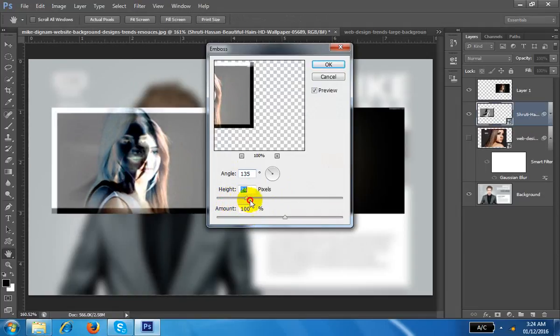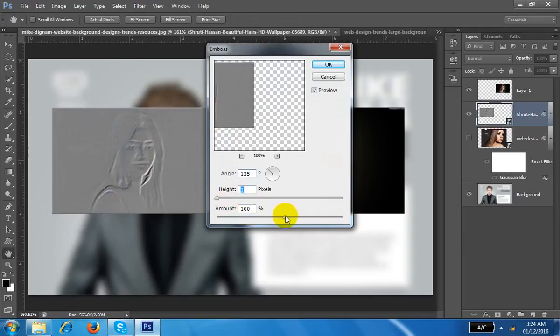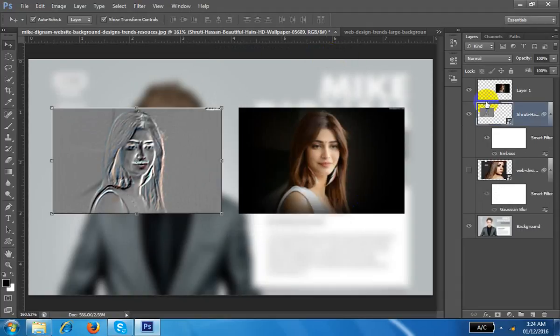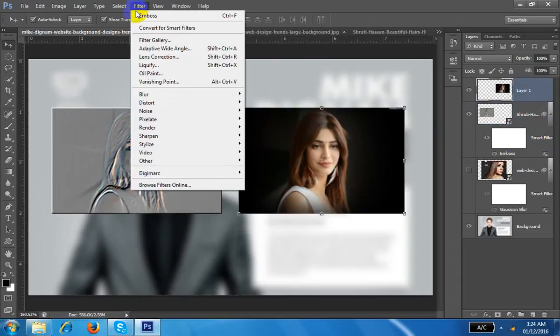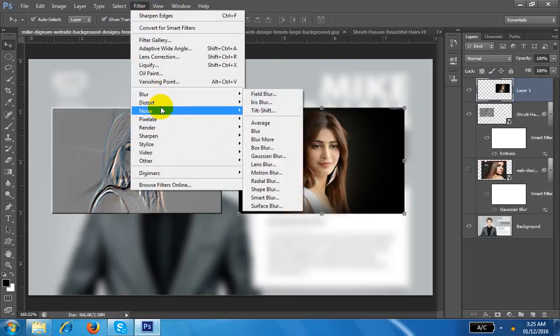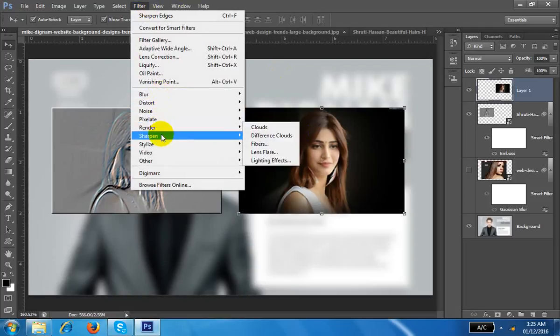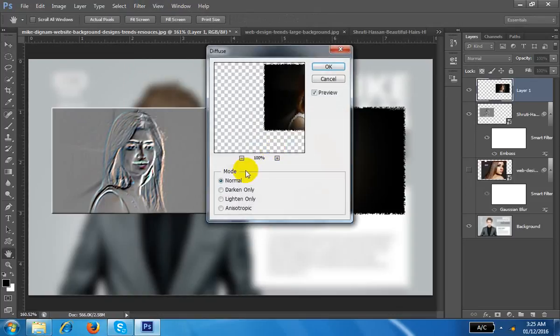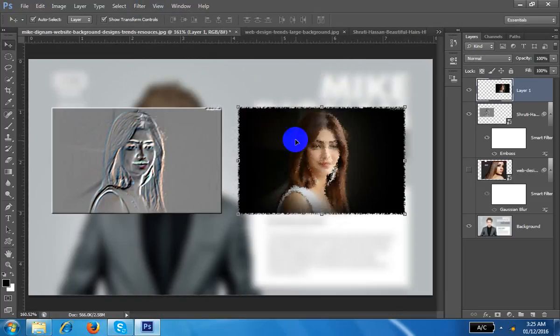Some paintings of this type are used on walls sometimes. So this is the emboss. Okay, this is the smart object. This is the symbol. One layer comes automatically. I don't make this one. I can make it emboss again in this image. Blur, distort, sharpen. Suppose I sharpen the edge. Anything you can do, or you can make it more stylize, diffuse. So a lot of things you can do.